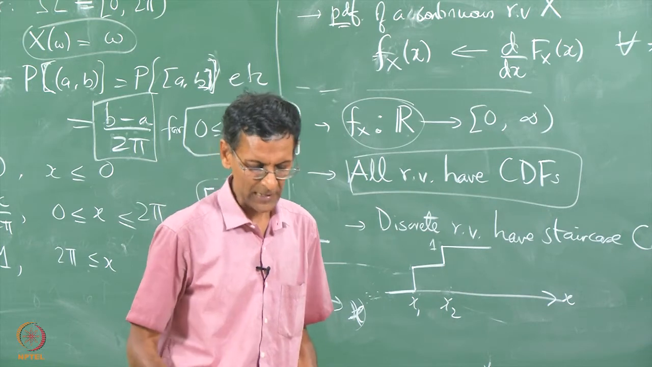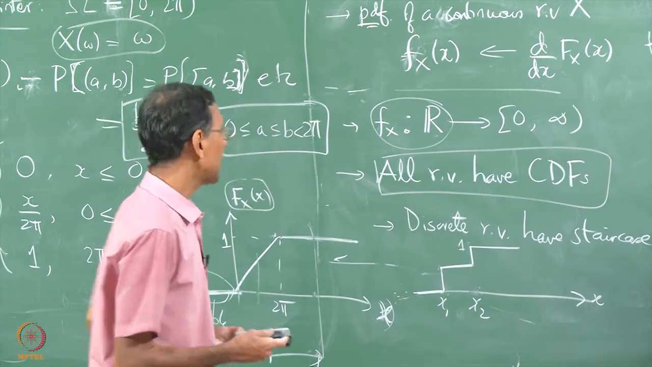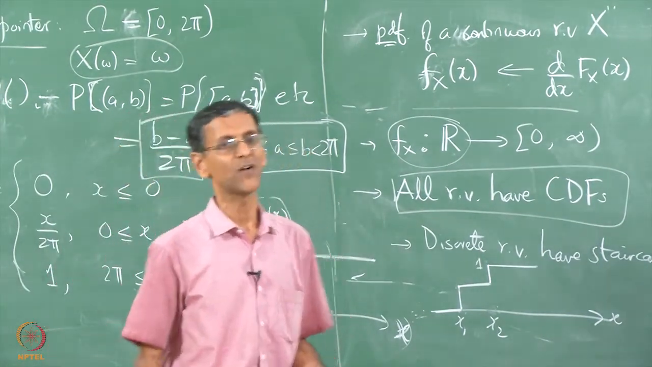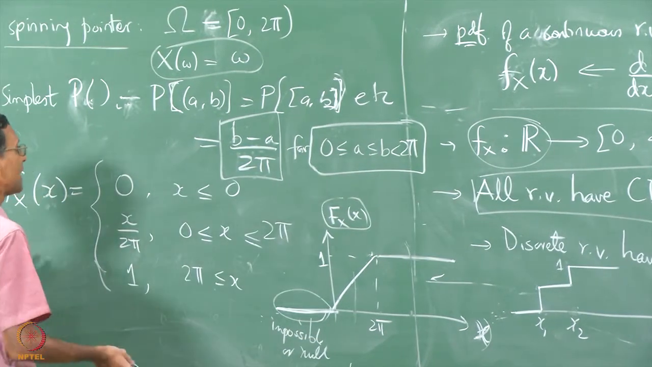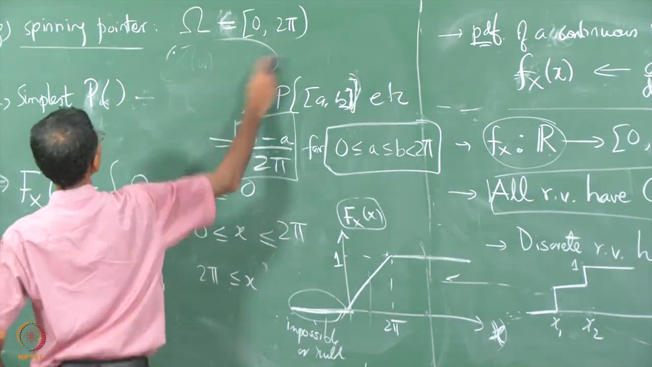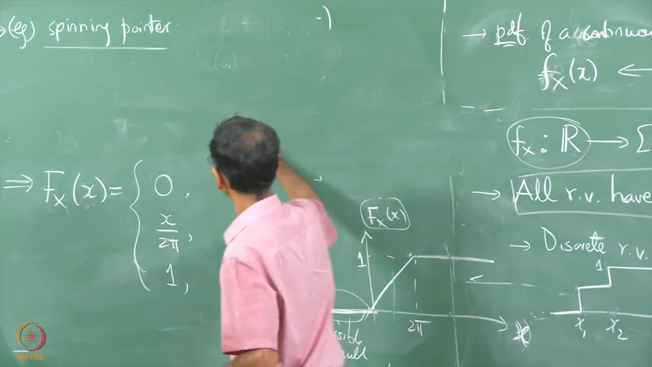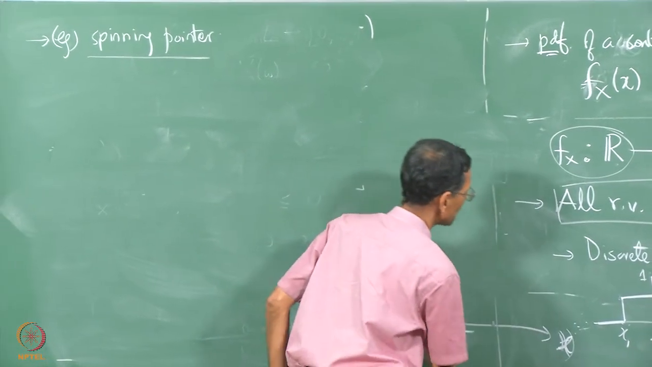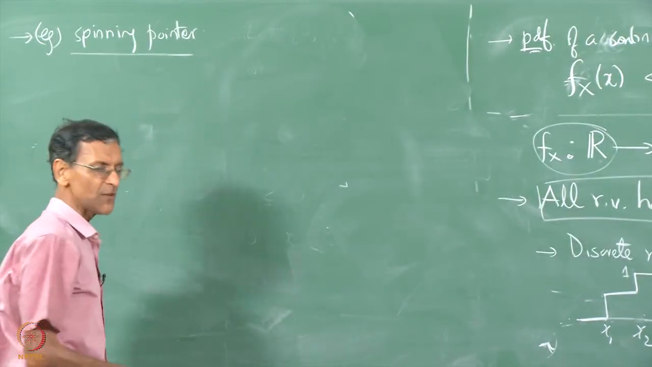One last point before closing: just because you have a continuous space, you need not necessarily define a continuous random variable. You can also define a discrete random variable by the process of quantization. Let me end this lecture with an example of how to define a discrete random variable on a continuous space. If I go back to the spinning pointer, and I do not define X of omega equal to omega,